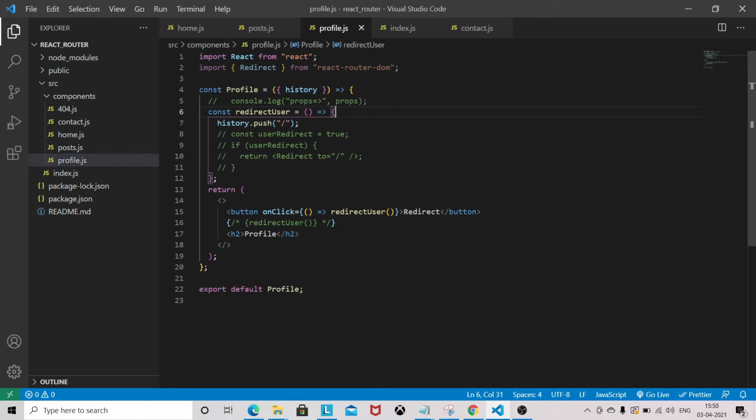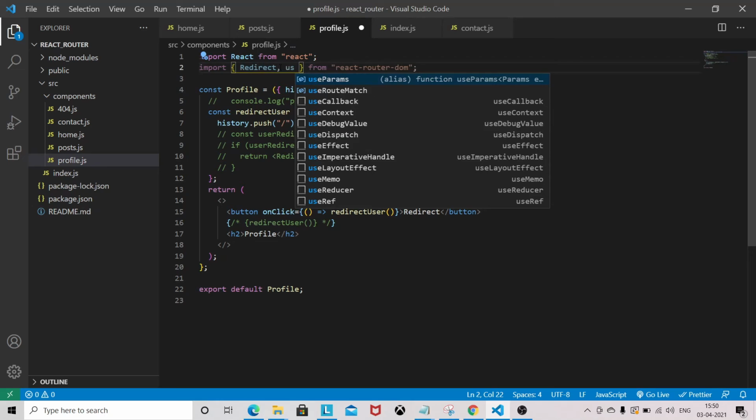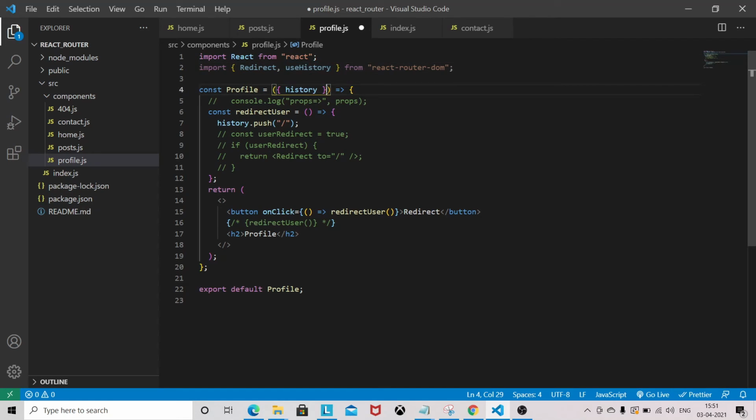I think we have one another approach here: useHistory. With useHistory you can do the same thing. This works when your route is not registered. In case your route is not registered, you can use the history hook from react-router-dom.